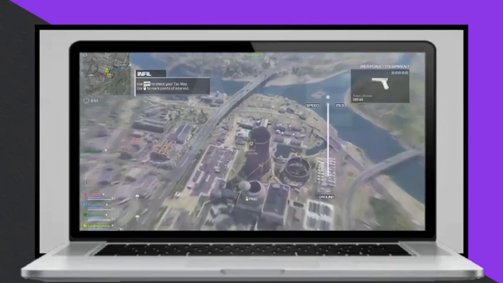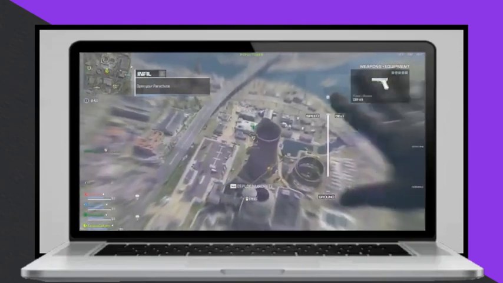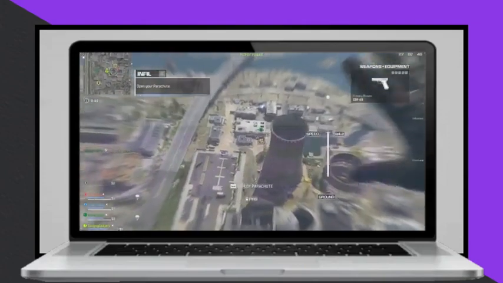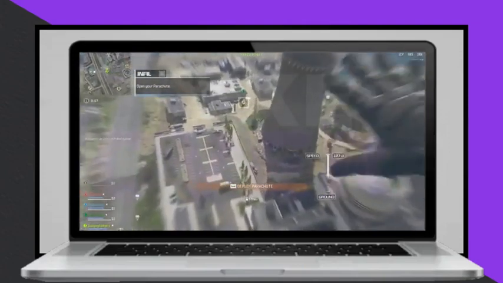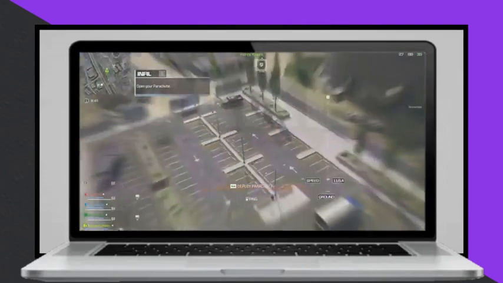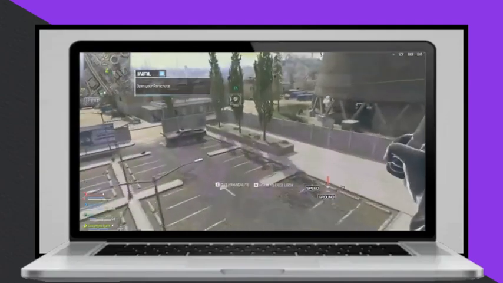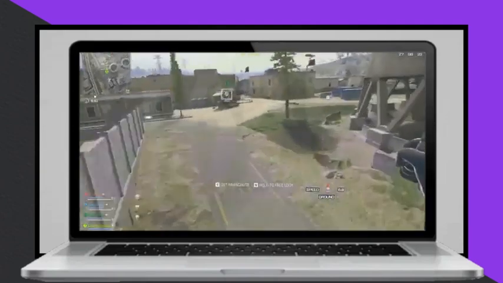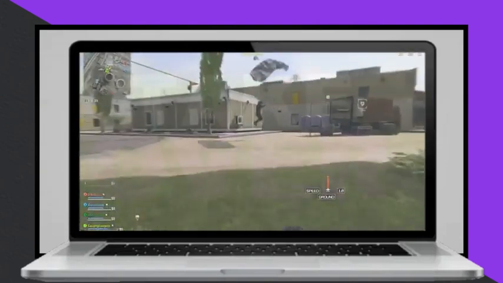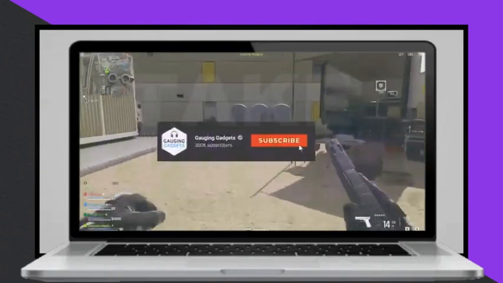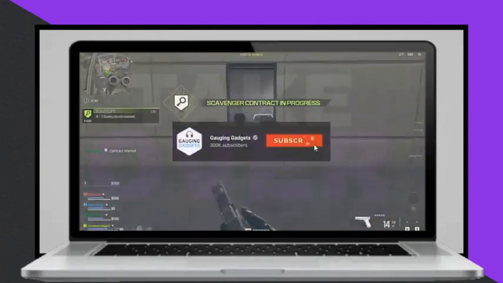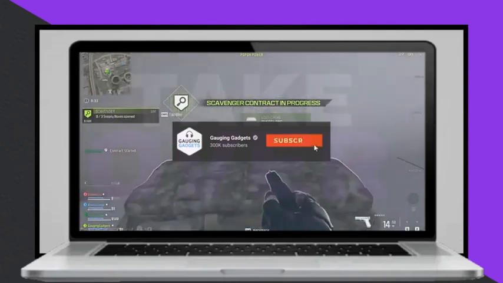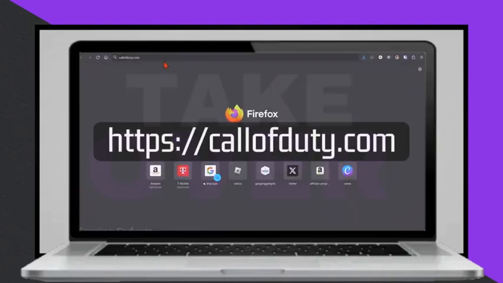To download and install Warzone 3 on a PC or laptop for free, start by opening a browser and navigating to the official Call of Duty website. From the top menu, hover over Games and select Call of Duty Warzone. Scroll down and click on Play Free Now, where you'll see several options to play the game, including on PlayStation,